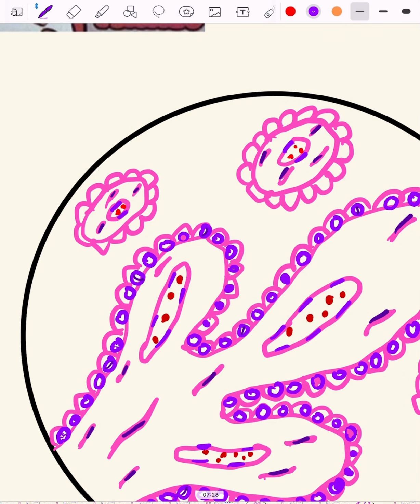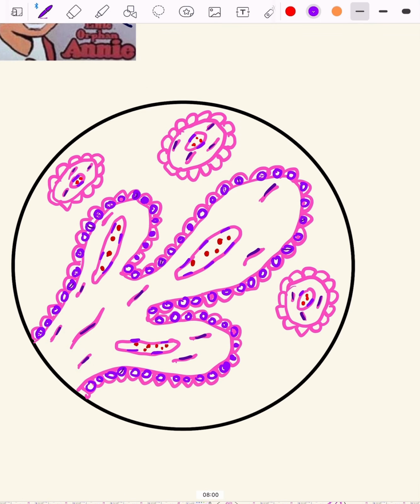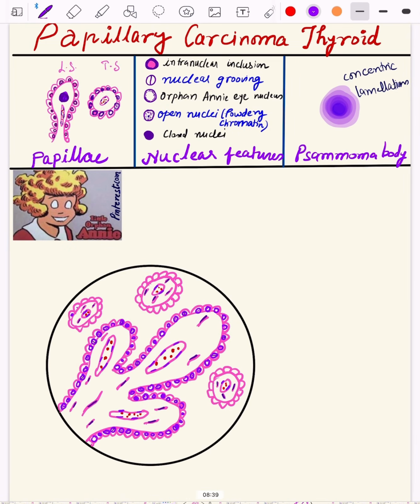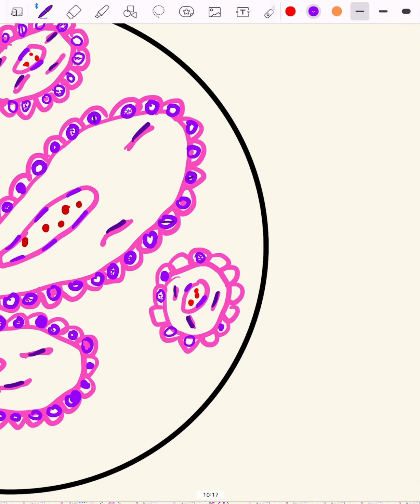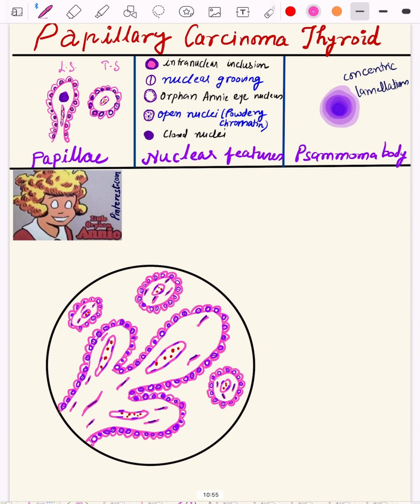In some you make this open chromatin. Now again you make the nucleus in all these tumor cells, and different types of nucleus you have to make. Now this transcriptionally active nucleus, then clear nucleus, then again intranuclear eosinophilic inclusions you can make,